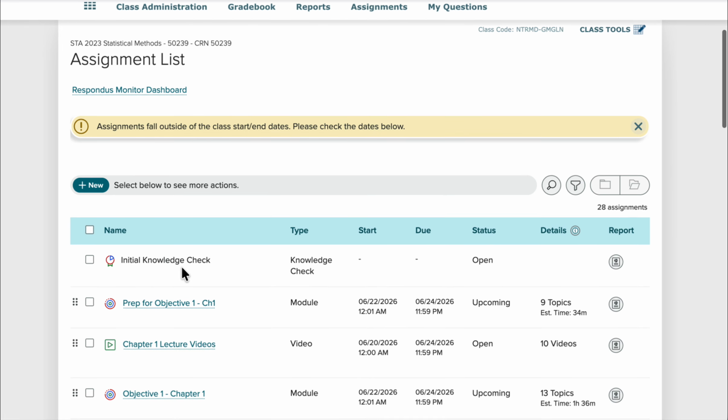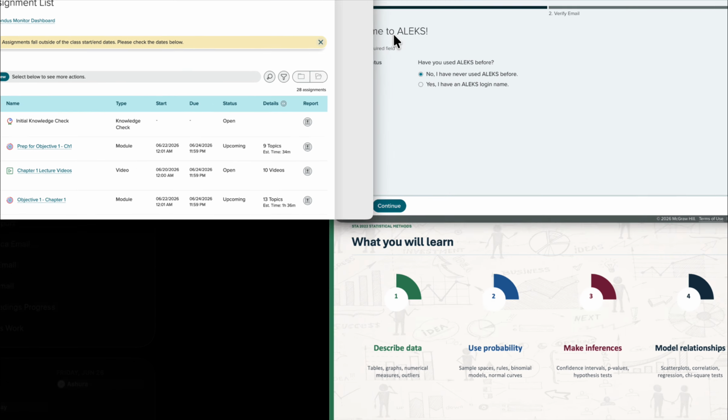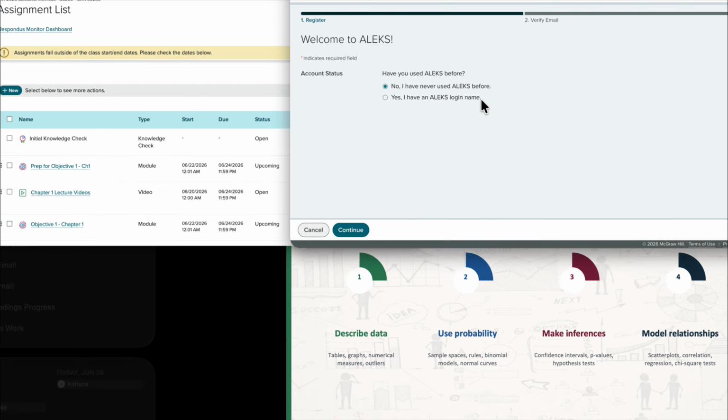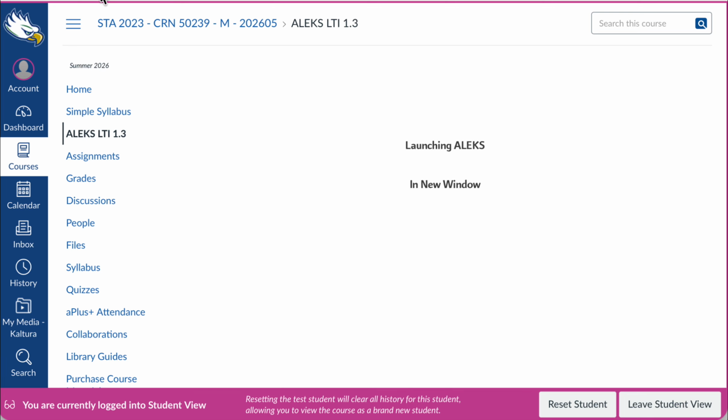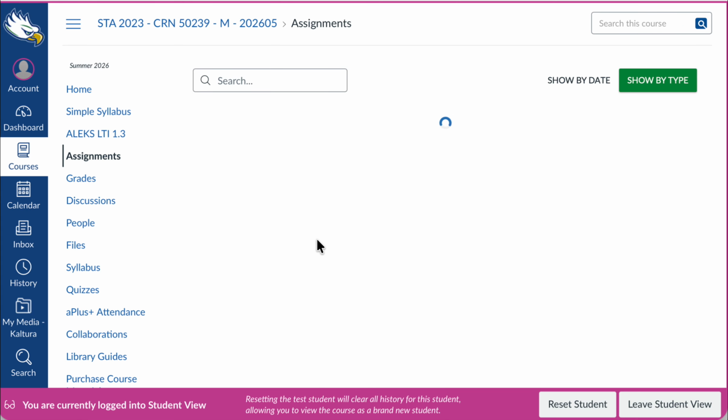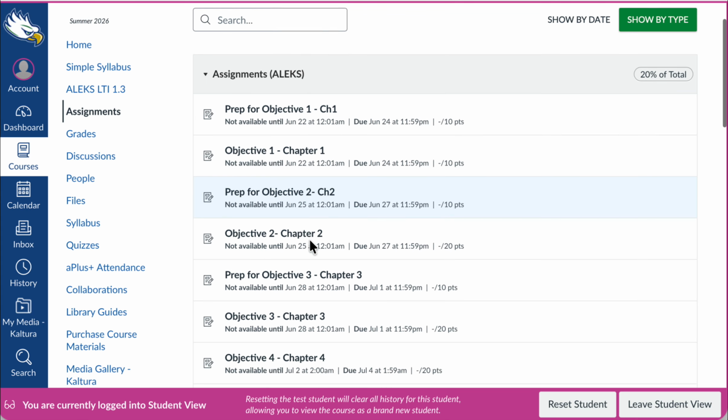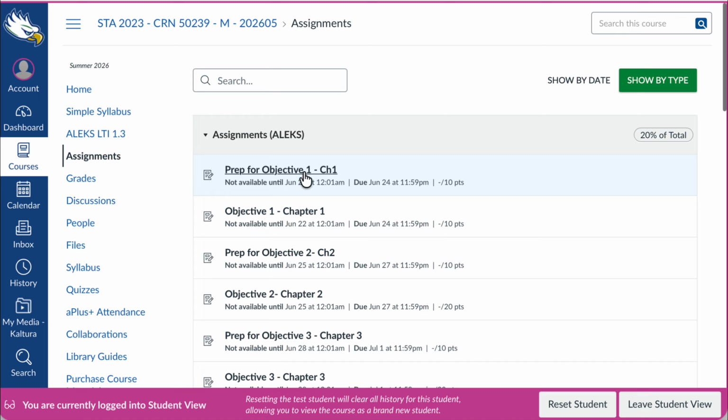And then I think when you are there, you can click them and open it. Let me show you some of the assignments there. So if I go to assignments, you're going to see prep for objective 1.